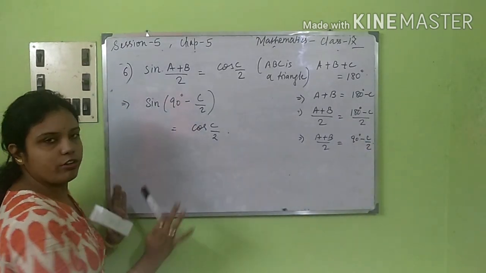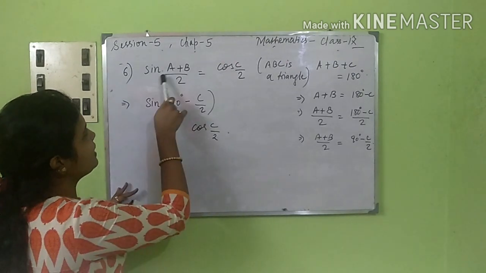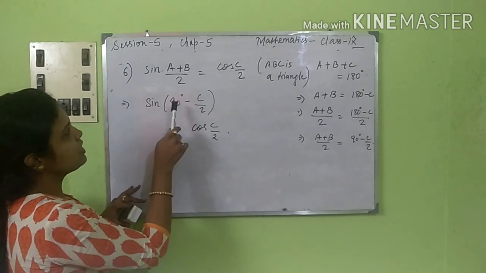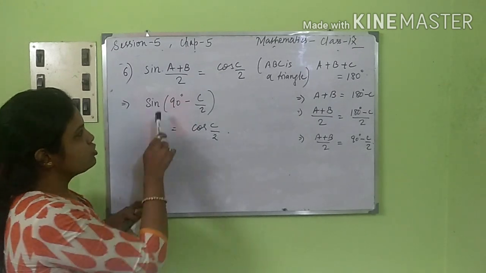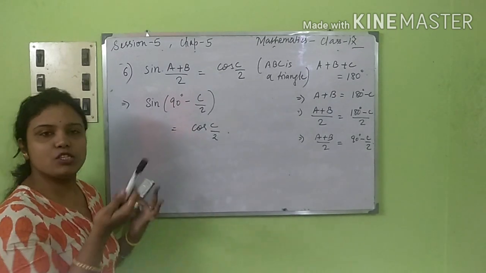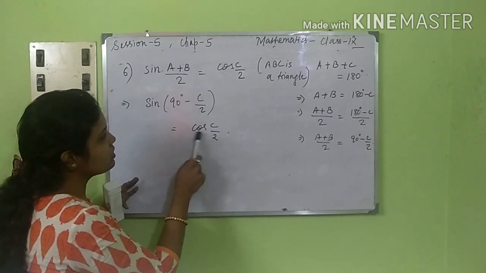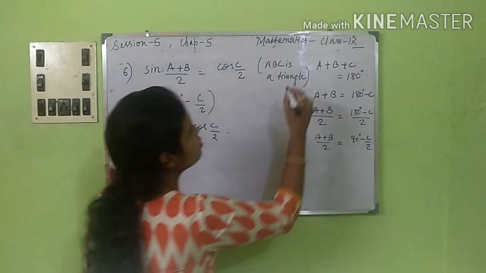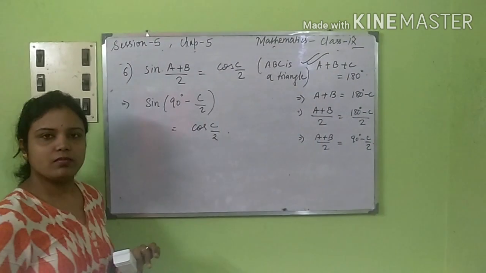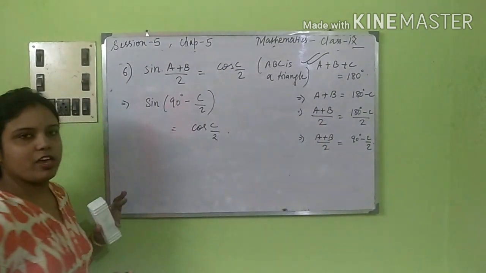Okay, this we have already got. So now sin of (a plus b by 2) is given. That means we can write it there as sin of (90 minus c by 2). So sin of (90 degree minus x) is what? Cos x. So it is cos c by 2. This is a simple one. The thing that you need to do is this portion. Okay, this is the only part where you have to show.